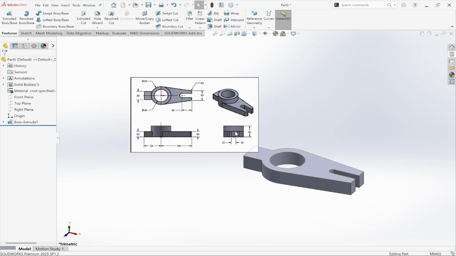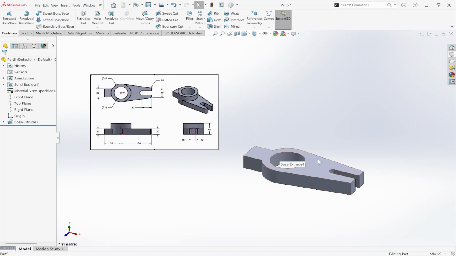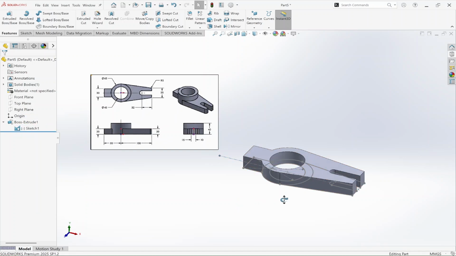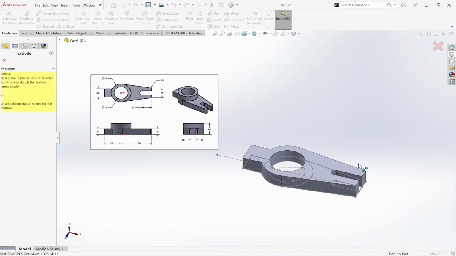As a beginner, you will have a doubt: should we make another sketch above it and then extrude it again? There's no need to do that. You just go to the previous feature that you have performed, extrude boss base, select this drop down menu. You will have a sketch here. Right click on it and click show. So now this sketch is visible. Again, go to the extrude boss base, don't do anything. Select the sketch,